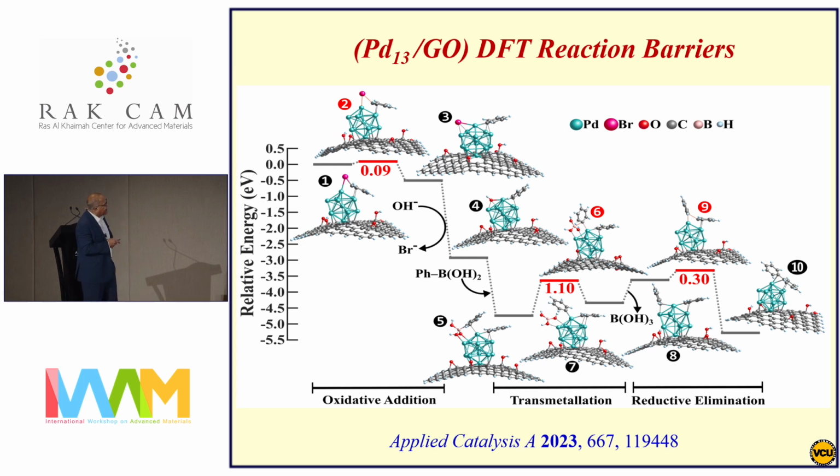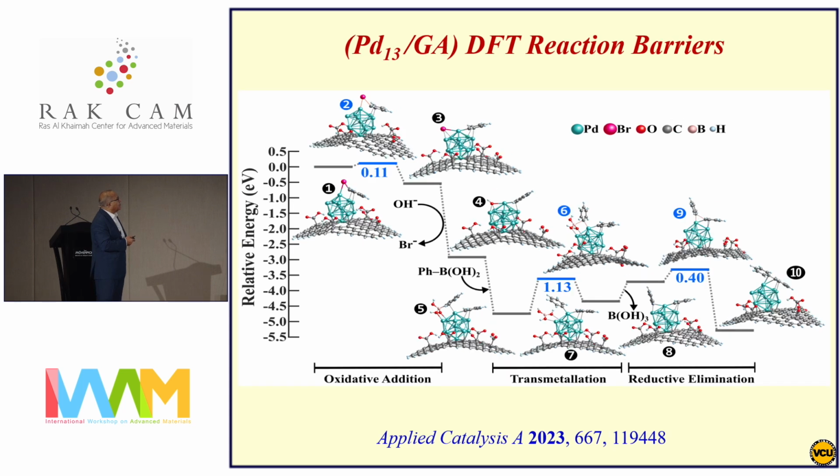That's a typical trend in terms of energy barriers for palladium-supported catalysts on actually any support that involves the cross-coupling reaction. We see a difference because the barrier on graphene oxide is lower compared to graphene acid. Although it's not a big difference, we can still see it, and the difference in the experimental rate was also not very big, as expected from the theoretical modeling here.